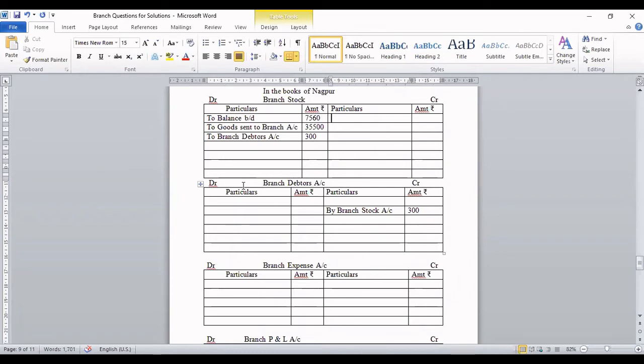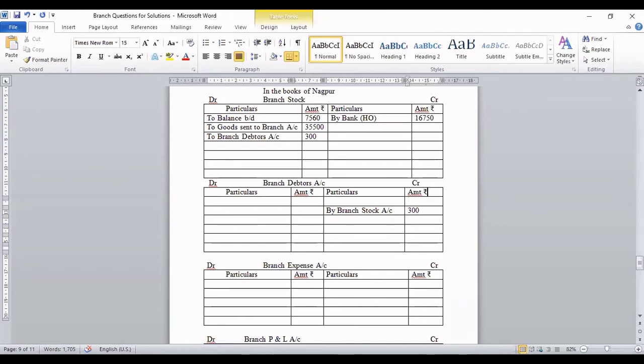Bank to branch stock. Okay. By branch bank. Yes. Here, if you want, just mention this is HO bank account. Tell me amount, bacha. 16,750. Okay, done. Yes. The effect of cash sales is given here. Now the next one, credit sales.